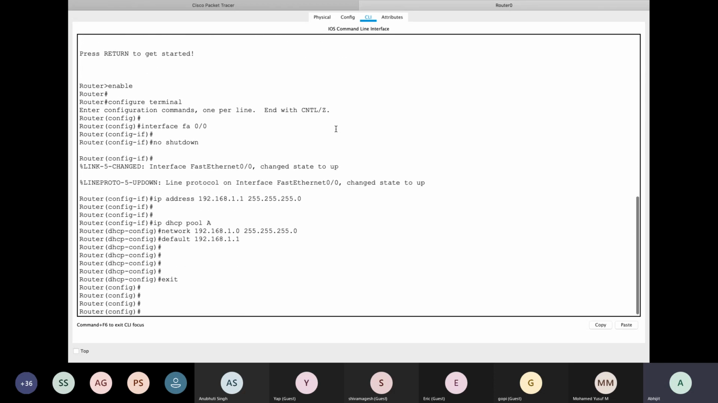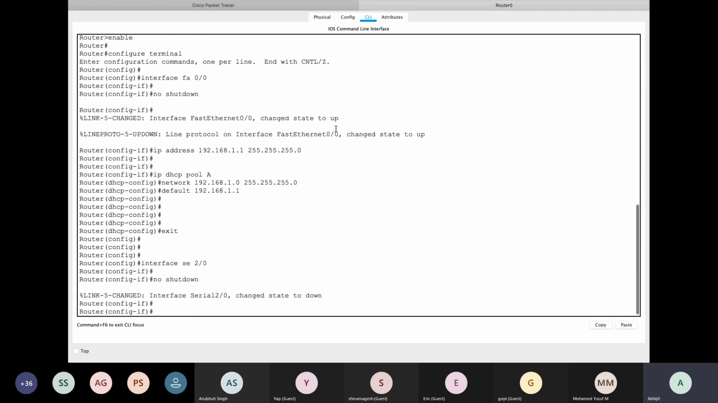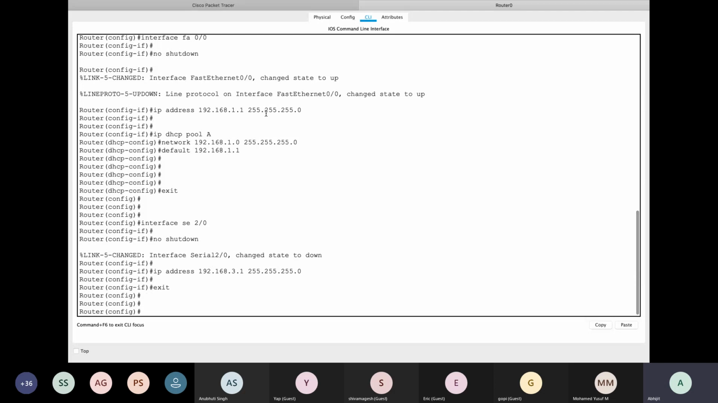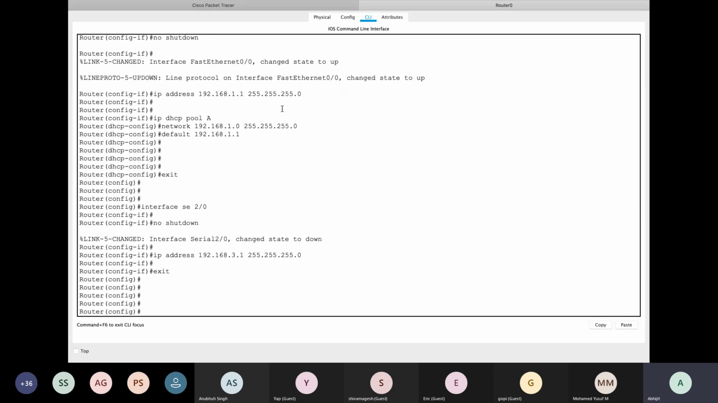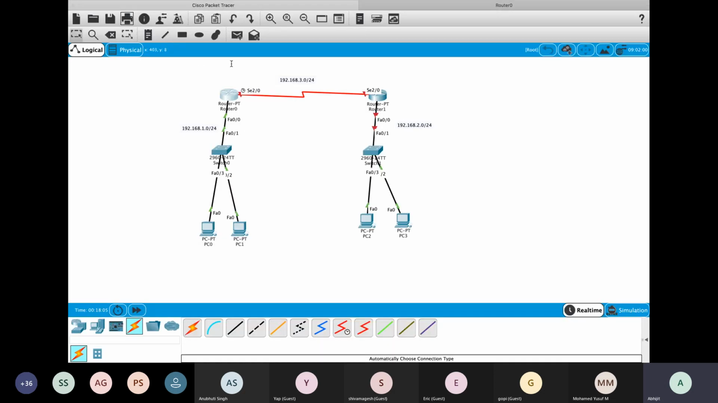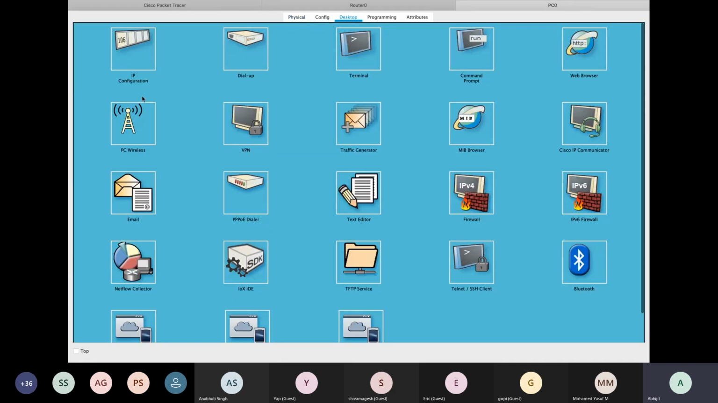Then you can take an exit and then configure the next interface, which is SE2/0, and say no shutdown and IP address 192.168.3.1 along with the subnet mask, and take an exit from there. You see, that's how you configure the two interfaces that you have, FA0/0 and SE2/0. So after that, you go ahead and go to the PCs and configure the IP addresses on them